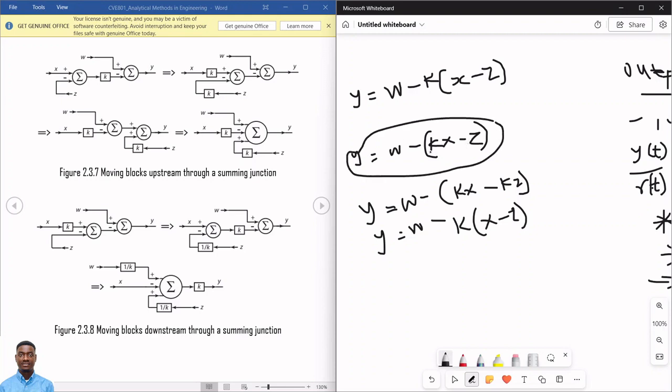If I go on to move the K to the left and I put it on either this line or this line alone, and I didn't put it on the two, I'll be getting something like this, which will not be equal to the original model. Let me rub this and show you this next diagram.